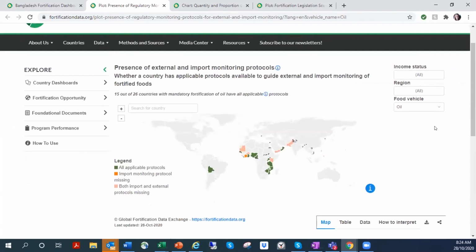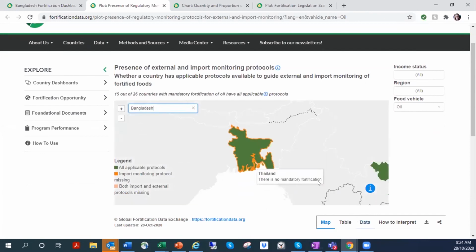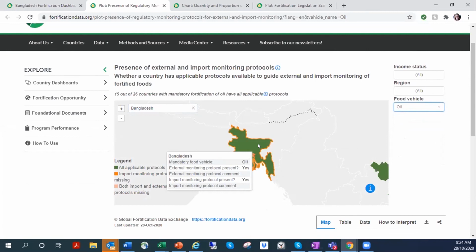So when I look at Bangladesh, I can type Bangladesh into the search bar. And I'm also going to make sure that I've selected oil as the food vehicle on the right-hand side. Great. And when I hover over Bangladesh, I can see that the same document from the Bangladesh Standard and Testing Institute has the information on how to conduct monitoring of domestically produced oil and imported oil. BSTI seems to be a key partner in the fortification of oil,